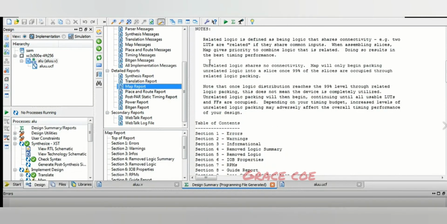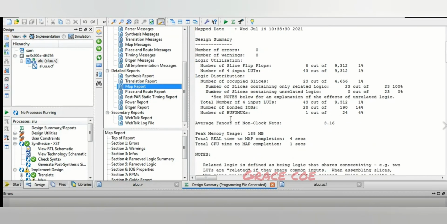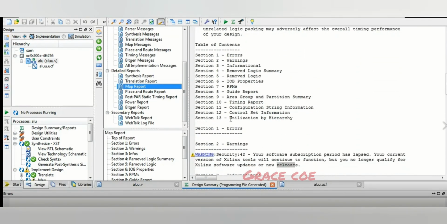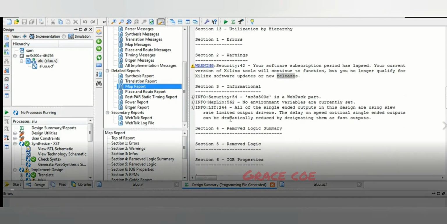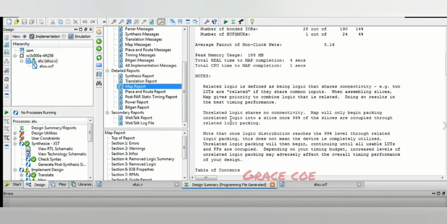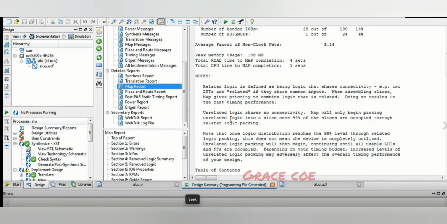So next is about the map. So here we can see the details about the mapping being done. The map program reads the NGD, allocates CLB and IOB resources for all basic logic elements in the design.